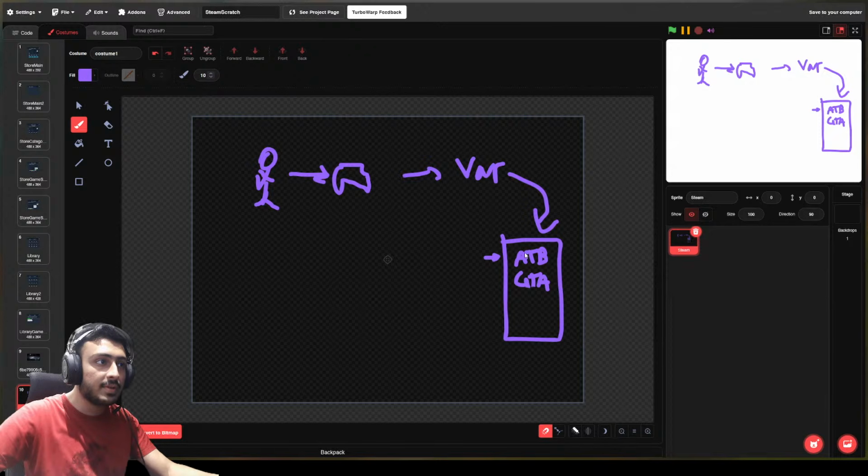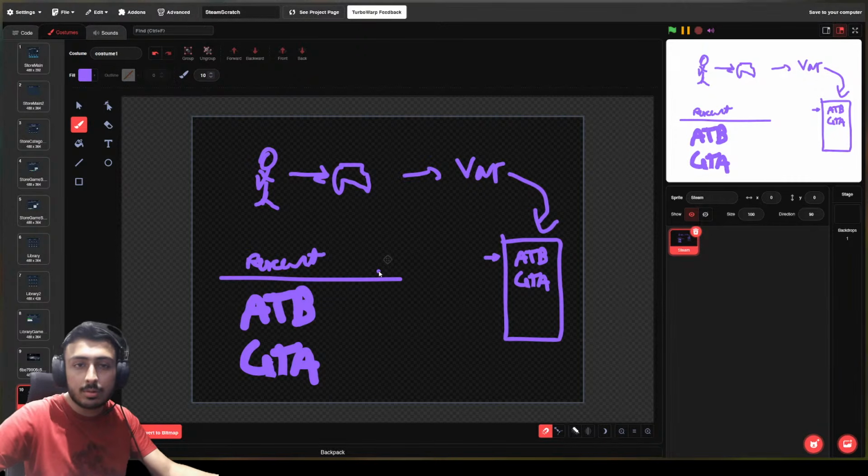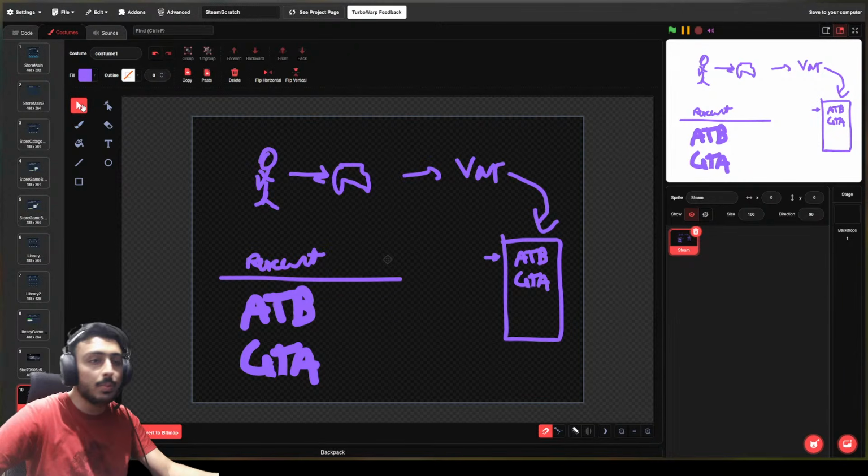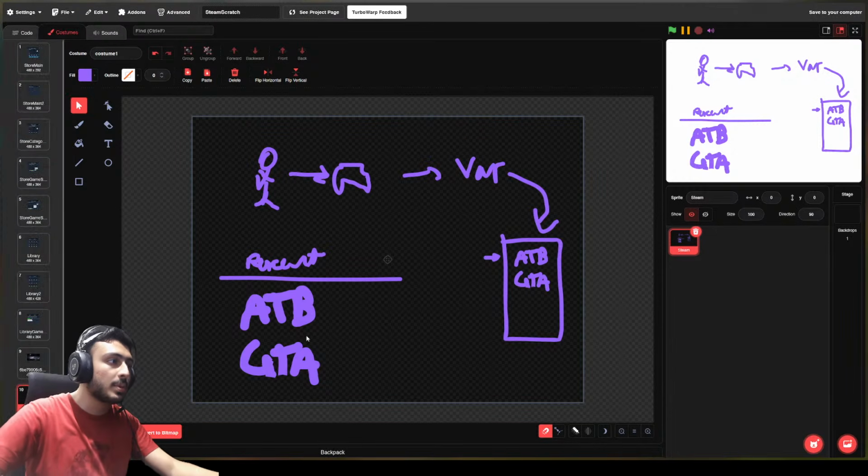So whenever we check the recent tab, it will just show ATB and this for example, and it will be a recent tab, if you know what I mean. This is how it will look. And maybe we'll add tiles, like actual visual things that will display the game.